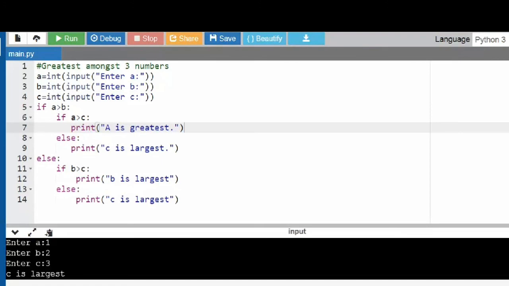Okay, so if construct, the syntax is that if will return true or false. So if condition will have 2 outcomes, true or false. And you can also give the relational or comparison operators between the variables. So I'm saying A is greater than B, and don't forget to give a colon over here. So say I forgot to give a colon. So I have removed a colon after if. If I remove a colon after if, you can see it is throwing me an error. Okay, so it's saying syntax error.